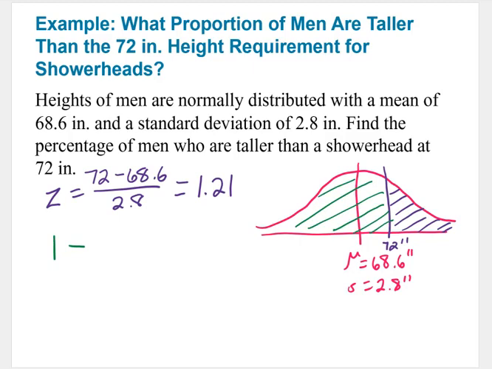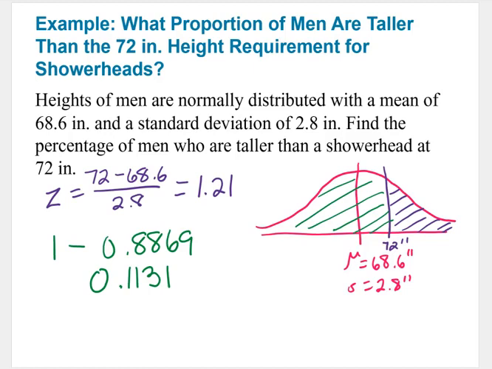And that area, when we look it up on the table, is 0.8869. So we're going to subtract those, and that will tell us the area over here in purple that we're looking for. And so that is 0.1131. All right, so what does that mean? Find the percentage of men. The percentage of men who are taller than that 72-inch shower head is going to be